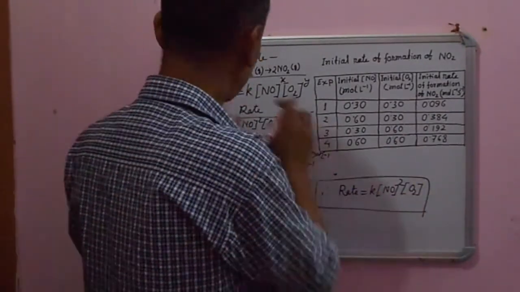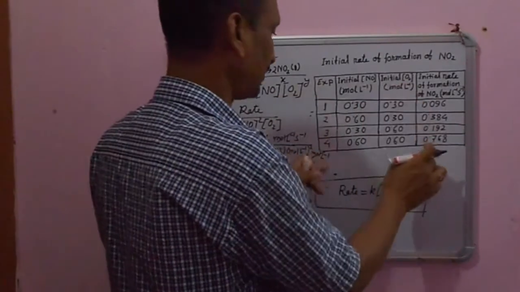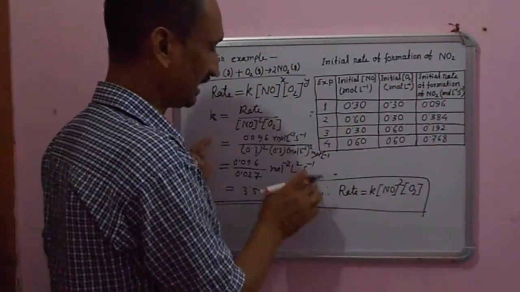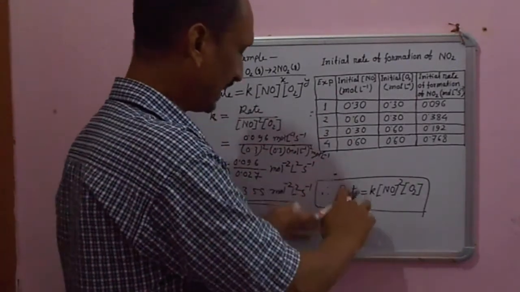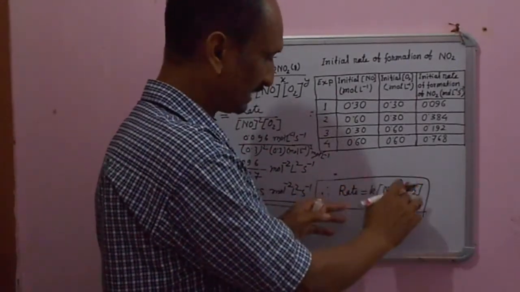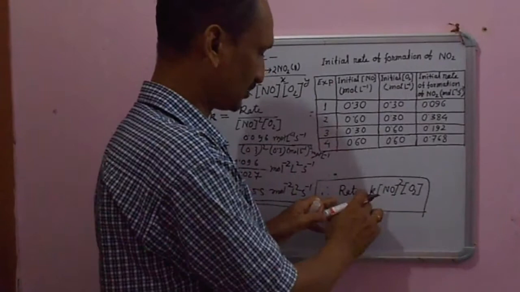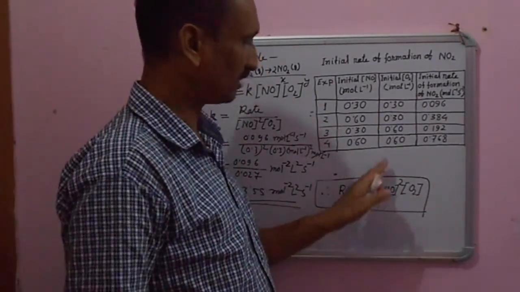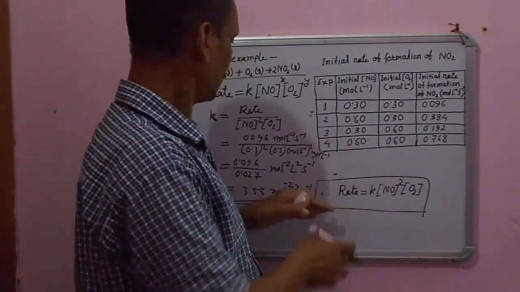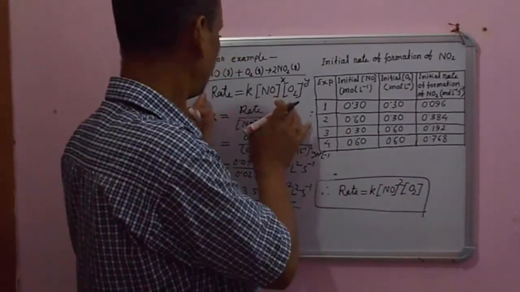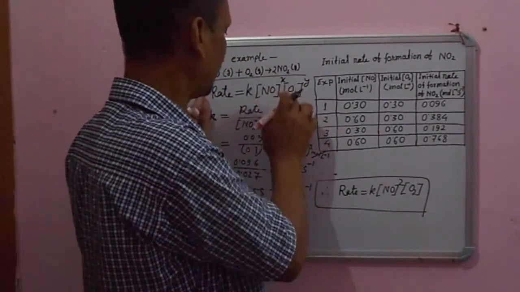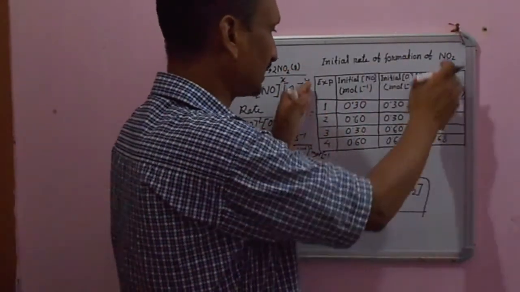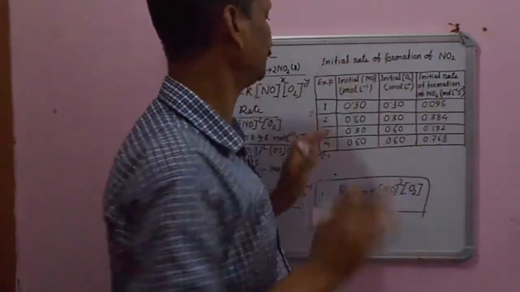So that rate law is determined from the experimental analysis, and from that rate law we can easily determine the rate constant. Again, if you know the rate law, then we will get an idea about the order of a reaction. So in the next class we will discuss what is the order of a reaction and what is the molecularity of a reaction. So this is for today, how to determine the rate law for a particular chemical reaction from the analysis of the experimental result given.